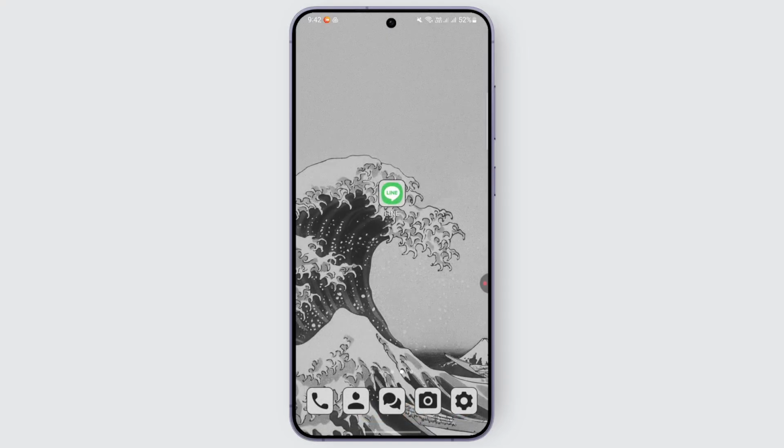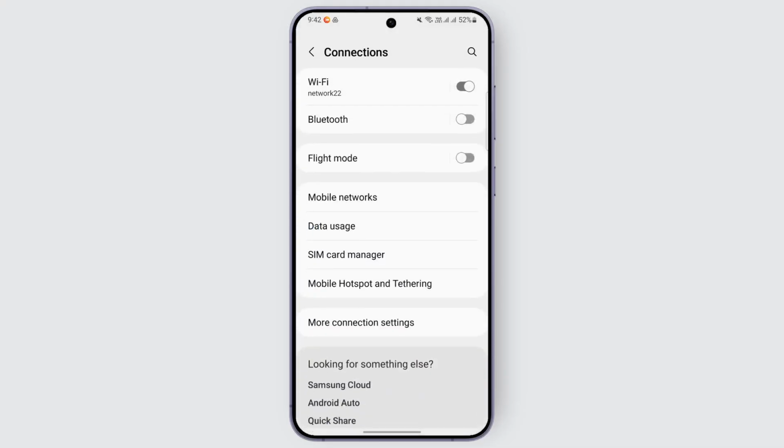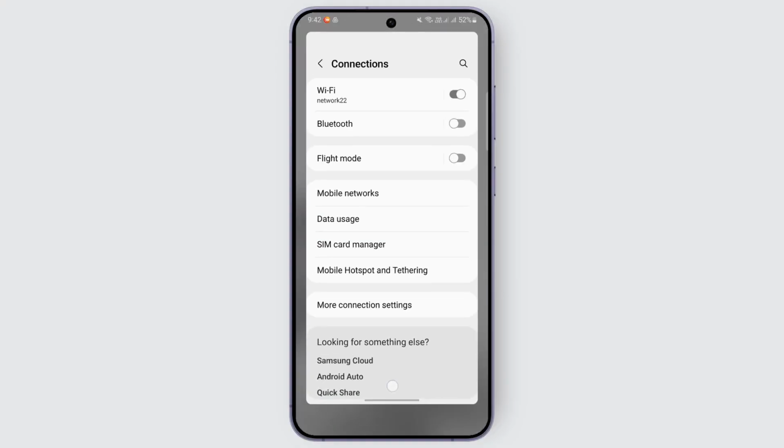Apart from that, what you can do is verify that you have a stable internet connection. So you can check your network by heading over to your settings, going over to connections, and then looking out for the Wi-Fi or mobile data you're using. And if you're having internet connection issues, you can try switching to a better internet connection to not have those